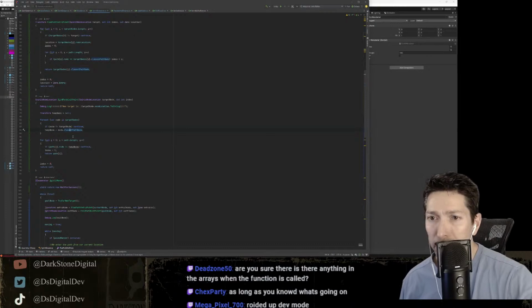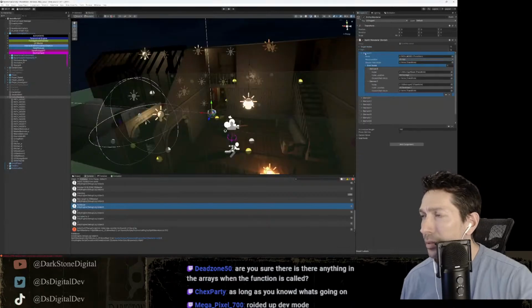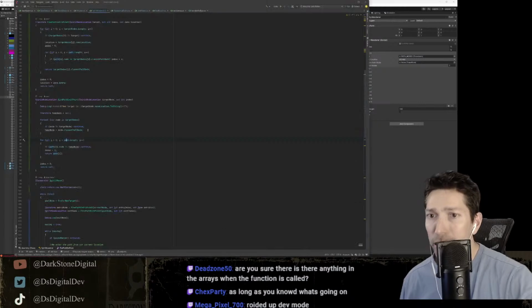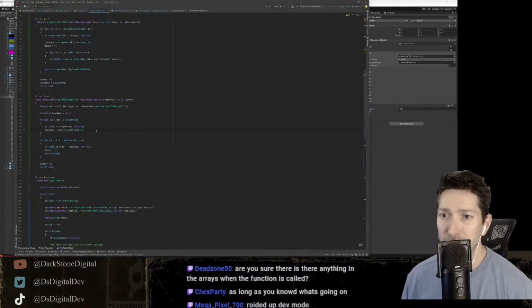Then we take that temp node. We go through each of our path nodes, and if the node, that's the transform. So what we're going to do, we're going to do even more debug. Debug's the way to go.